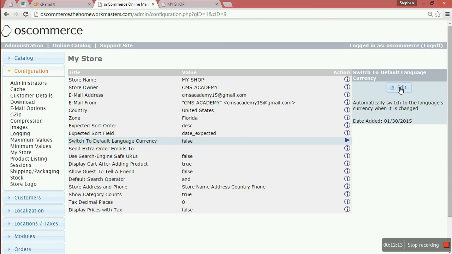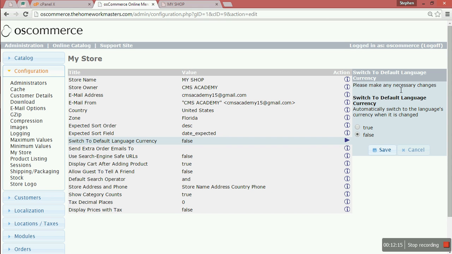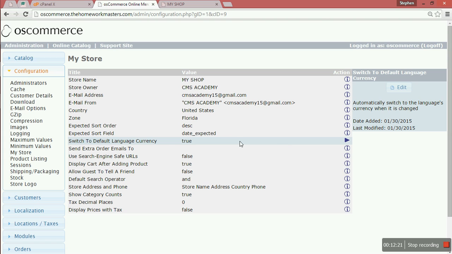Again, at this point you can click edit and say it's true, save. So it means if a user changes the language of your website, maybe to French, the amount of money has to be transferred in French currency. Then you have set extra order email too. Then you also have use,